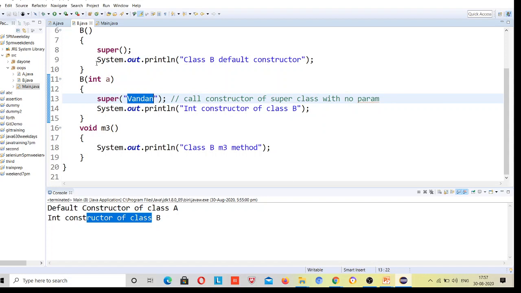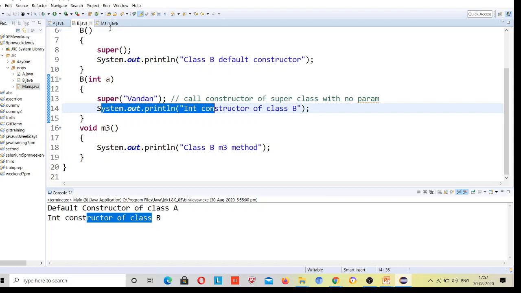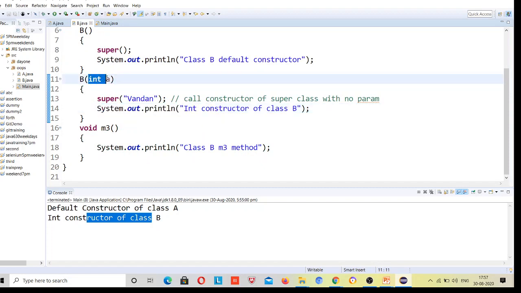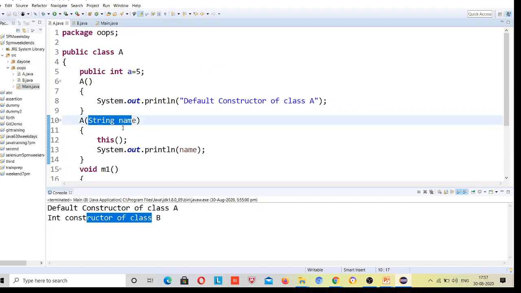Just follow the rules, and whatever you think will be right if you follow the rules. Now after that it will be printing this line, right? Again I will explain what will happen. It will call the constructor of class B which has one integer parameter, right? So just because it finds a one integer parameter constructor, it will come here. The first line of the statement is written as the Vandan string parameter, so it will try to find inside its super class a constructor which has one string parameter, right? It will come here, one string parameter.